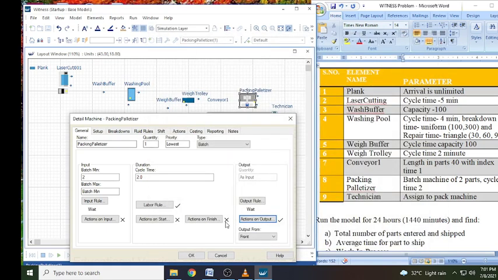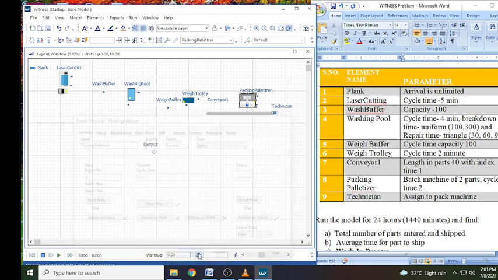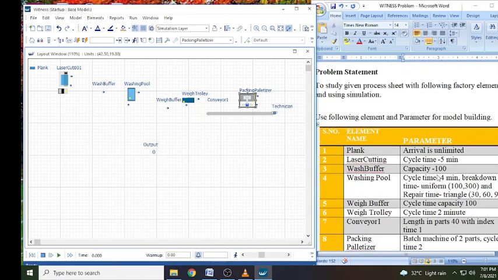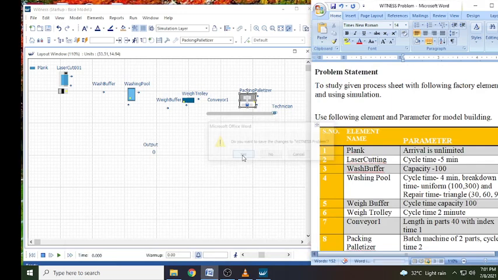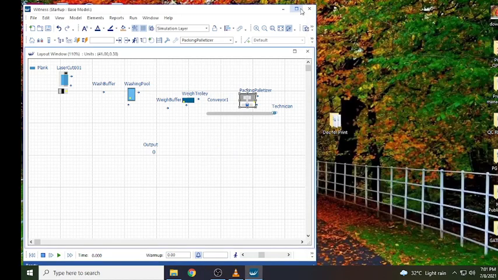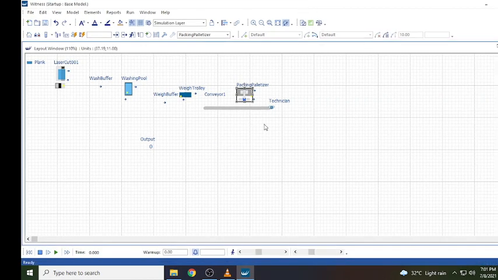Okay, and then enter. So we have done with this, so I am closing this window for the time being, and I will maximize it for a better view.